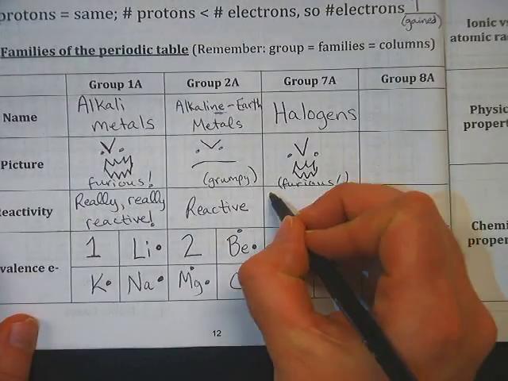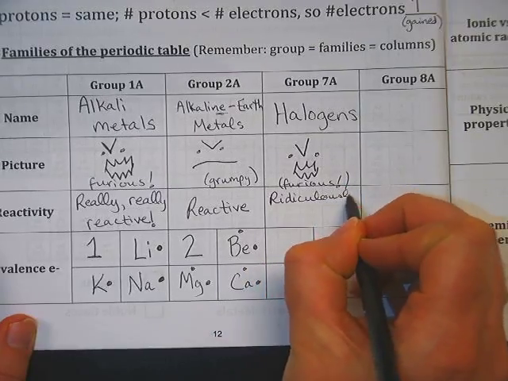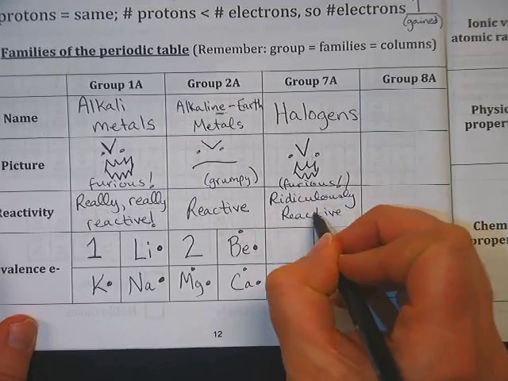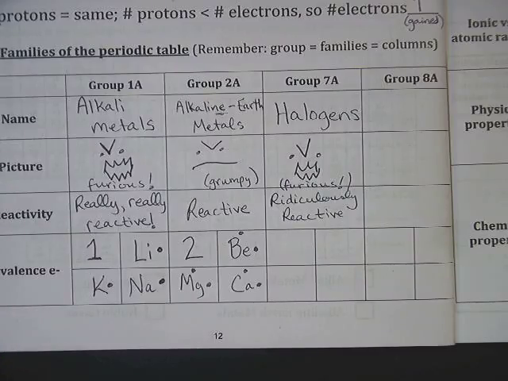They are ridiculously reactive. Are they more reactive than alkali? They're on par with that. Ridiculously reactive. Okay, if you find the halogens on the periodic table,